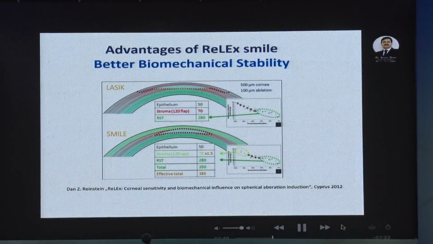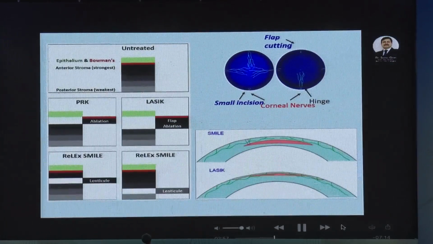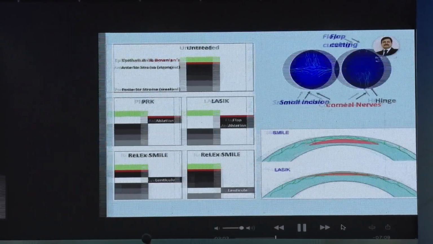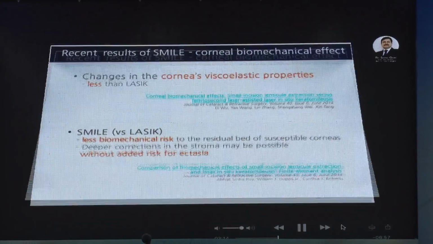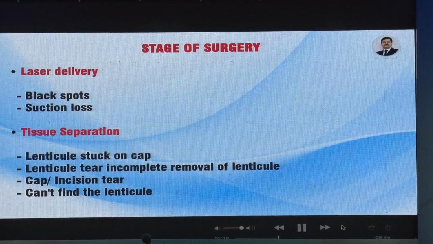So yes, SMILE has certain advantages. It gives you a more biomechanically stable cornea as compared to LASIK. We all know that the anterior 1/3 of the cornea is where the collagen fibers are the strongest, and there is minimum cutting of the nerves, 2.8 millimeters vis-a-vis 2.5 millimeters. So this gives me patients who don't complain of dryness, and to my mind it gives me a more biomechanically